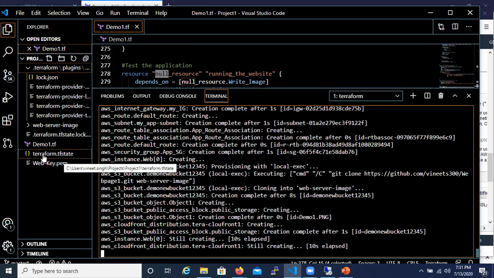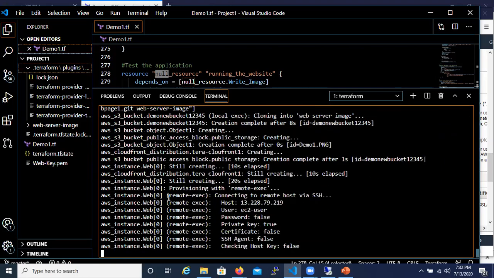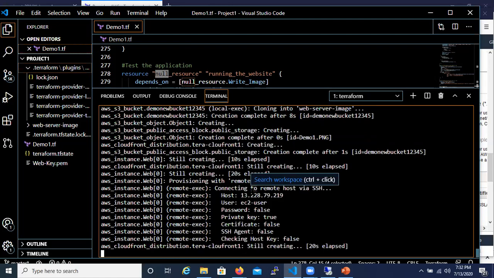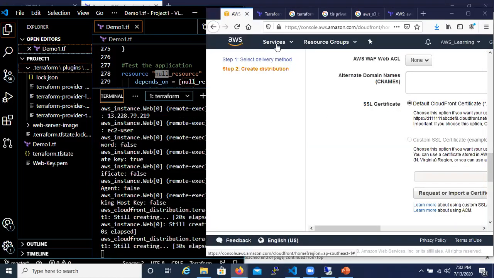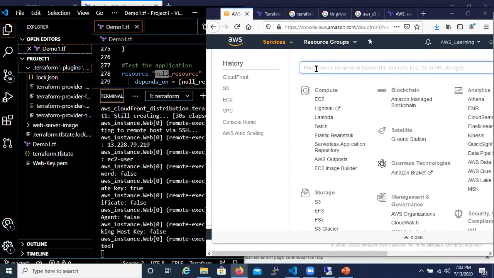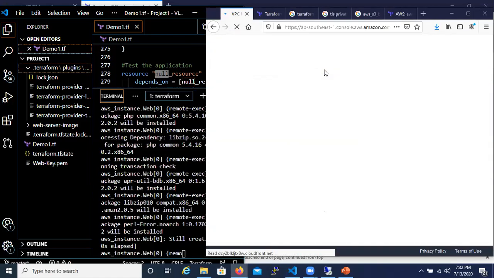It has created a Terraform TF state file, and it is trying to deploy the various components which are part of my application. It is now trying to deploy the AWS configuration. If we have a look in here, let's start with VPC.